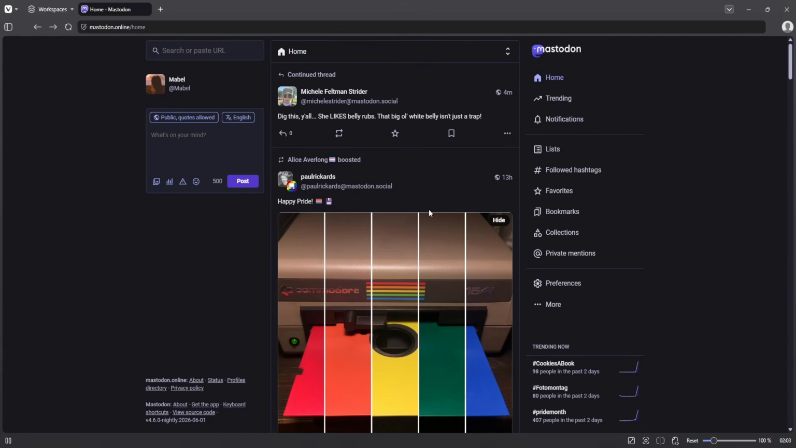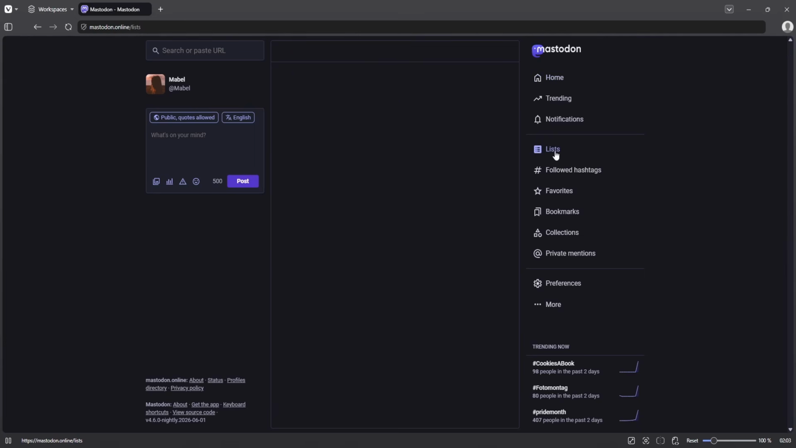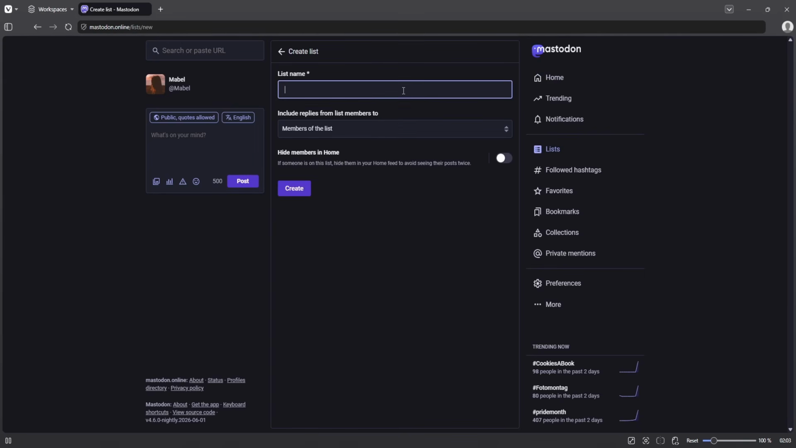Okay, another thing that might be useful regarding timelines is once you follow lots and lots of people, you might find it difficult to keep up with your home feed. For that reason, we have a feature called lists. A list is a way to subdivide your home feed by a collection of accounts. So let me demonstrate. You can create a list. You can name it whatever you want. But let's say, for example,